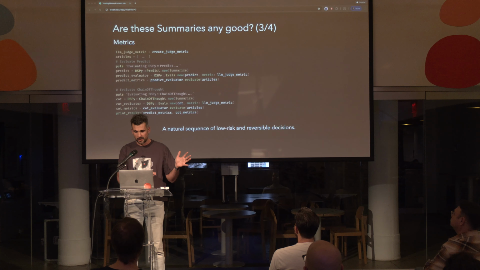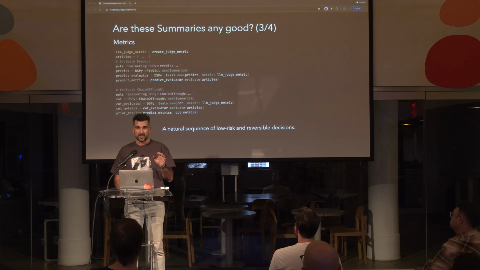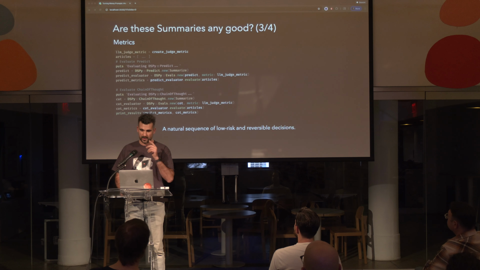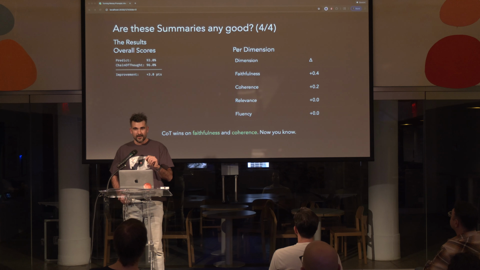So evals, in this piece of code, tie everything together: your predictors, your examples, your metrics, so you can run both approaches and compare the numbers. I think we're going to look at the numbers because I did run them before. I think chain of thought was winning and getting straight to the answer was a little bit behind. Let's see what happens. And chain of thought barely wins by 3%.